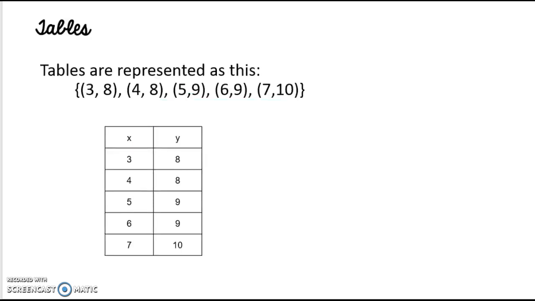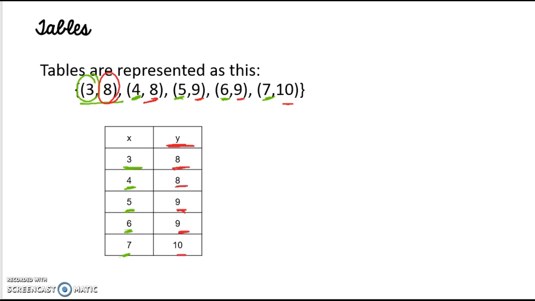All right, so let's go ahead and look at a table. Remember, when we look at tables, we can represent ordered pairs in columns. So I can put into columns my x's and my y's. So here's that 8 and that 3. So hopefully remember that we can represent ordered pairs in a table by taking our x values and placing them in one column. So my x values are 3, 4, 5, 6, and 7, and placing their corresponding y values, so 8, 8, 9, 9, and 10,